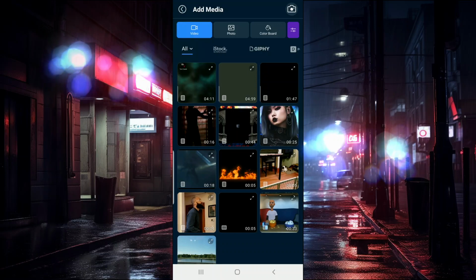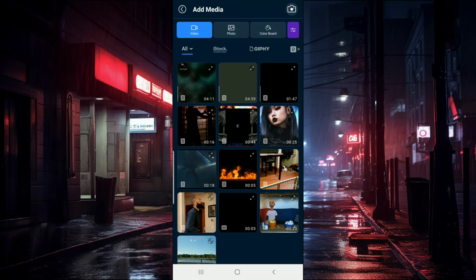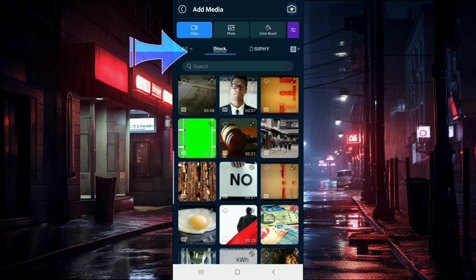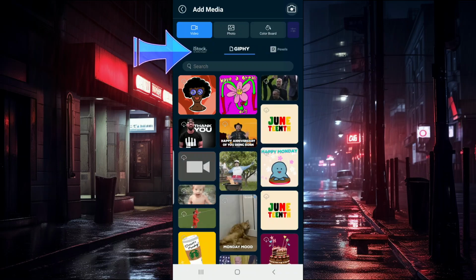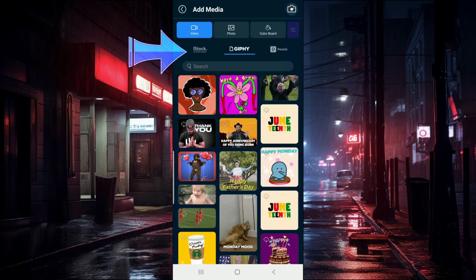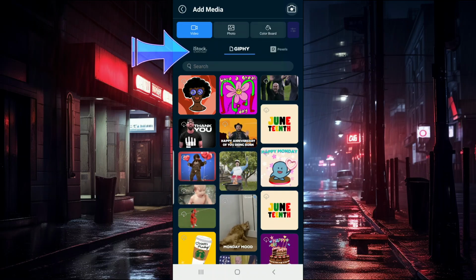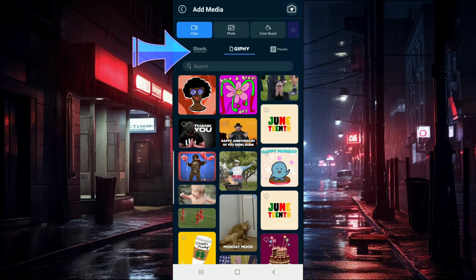We're going to take a look at an aspect of CyberLink PowerDirector that I think raises the value. Really, you start to see the value in this product. You have a very large library of stock videos and photography from iStock by Getty Images, GIFs, though I still can't remember how that's pronounced. I'll just say GIFs for the purposes of this video. You also have access to the GIF library from Giphy,